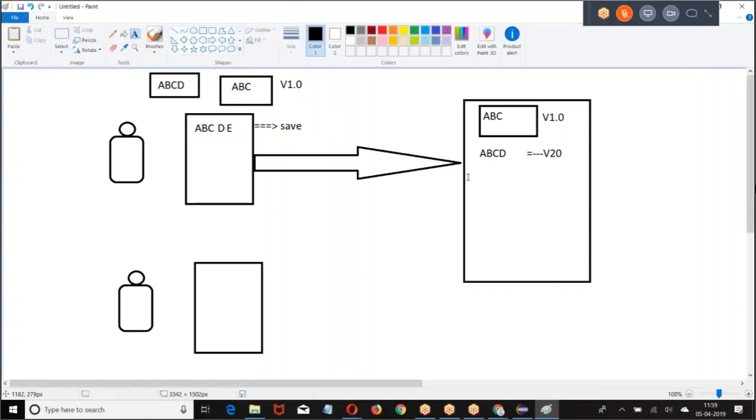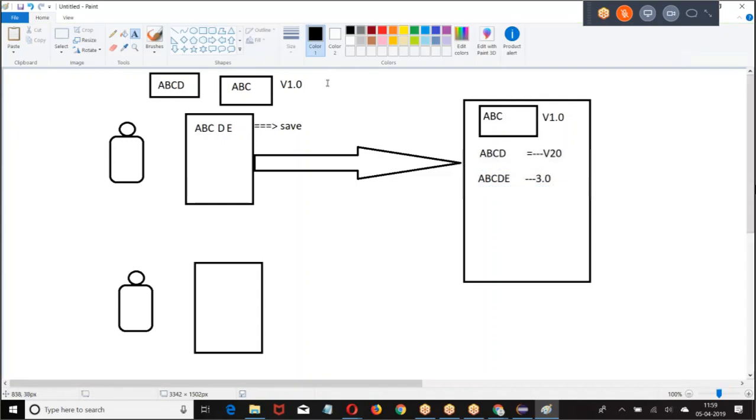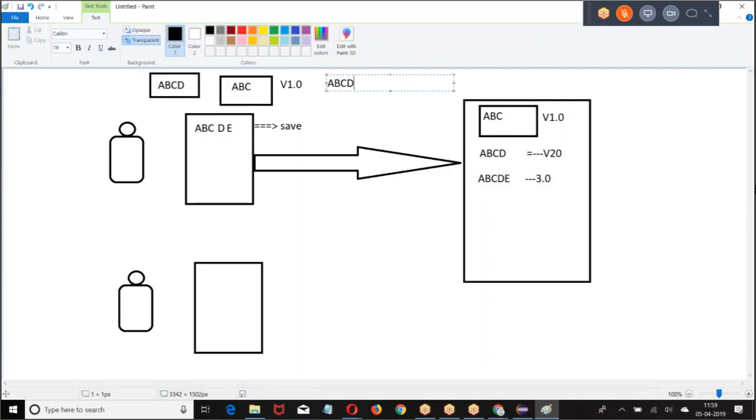Again, he made a change. Everything is working fine. He uploaded. So a copy is maintained here. Everybody has their own local copy. Whatever changes he has made, he is maintaining a local copy. Again, this fellow made some changes at his side. He is uploading.